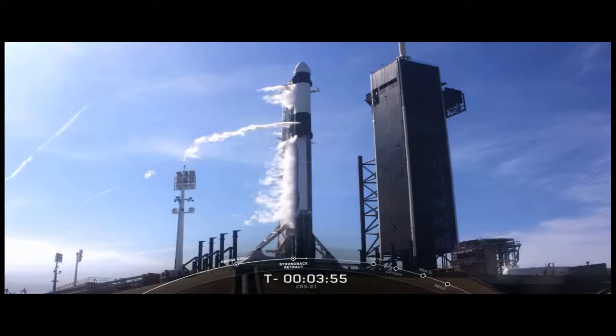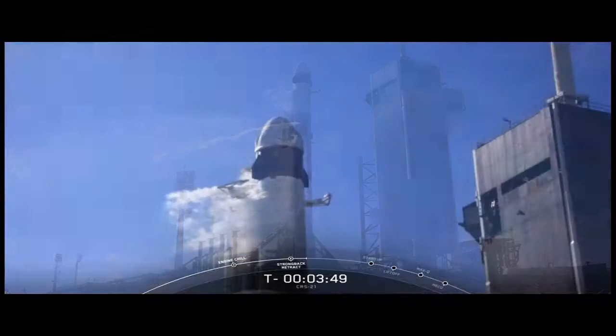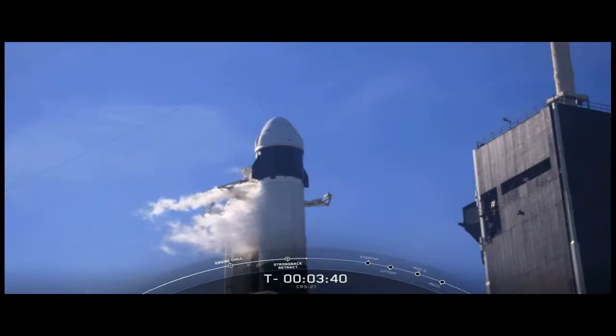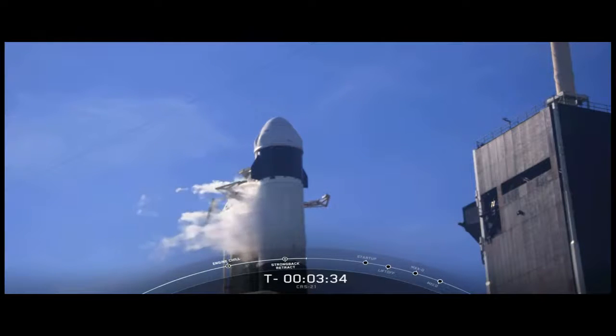We are just past T-minus 4 minutes and continuing to count down for an 11:17 a.m. Eastern launch to the International Space Station. In these last few minutes, Falcon 9 is performing final health checks on its primary communications, avionics, and propulsion systems in preparation for flight. Just to give you a recap of what's been happening, at the T-minus 7-minute mark, we